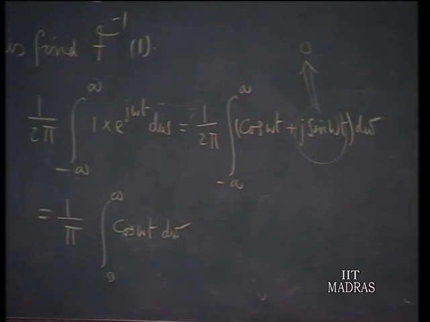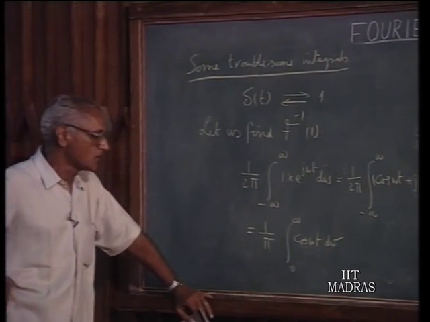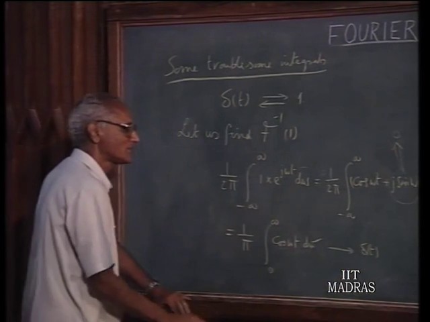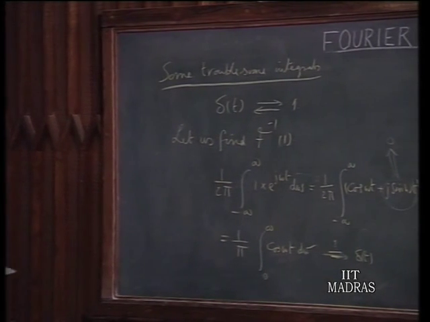Now, 1 over pi cos omega t d omega, so far so good, but if you try to integrate, you get sin omega t by t, and then when you try to substitute for omega infinity, then you do not know what that amounts to. So, this type of integration does not lend itself to analysis by the classical methods. However, since we started with the inverse Fourier transform of 1, the inverse Fourier transform must lead to delta t. We know delta t has this Fourier transform. So, apparently this whole thing must be equal to delta t. Now, that is where we have a problem